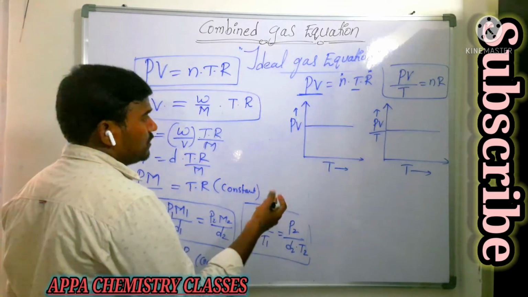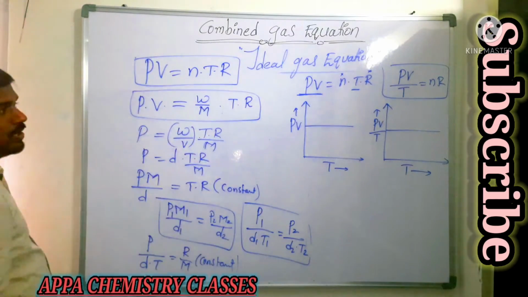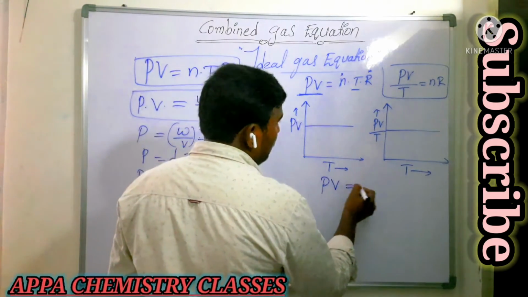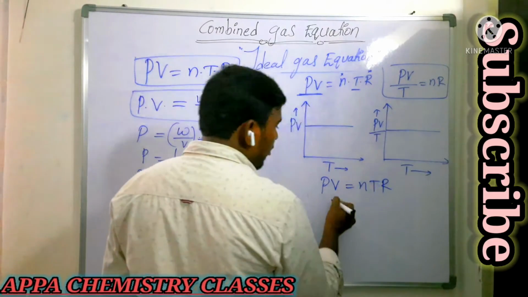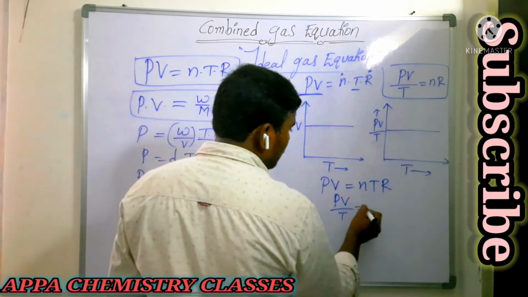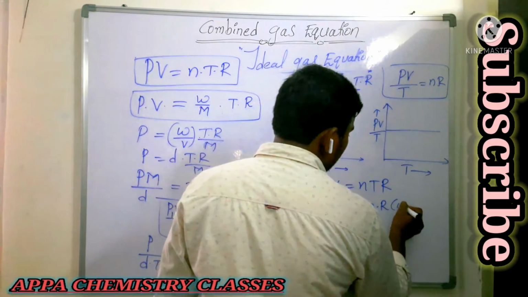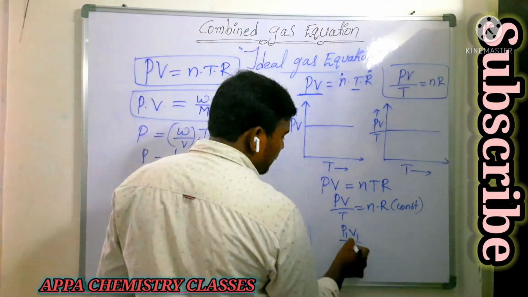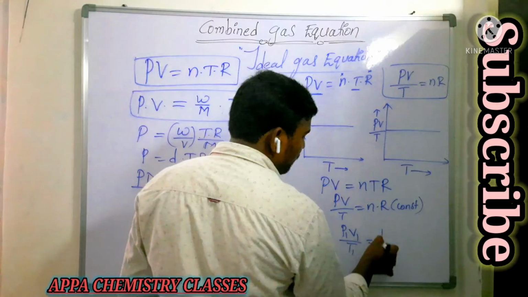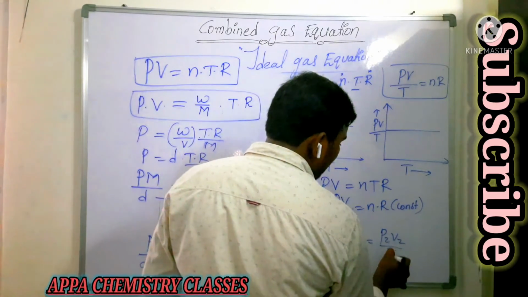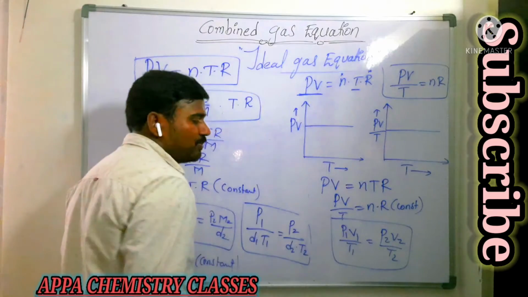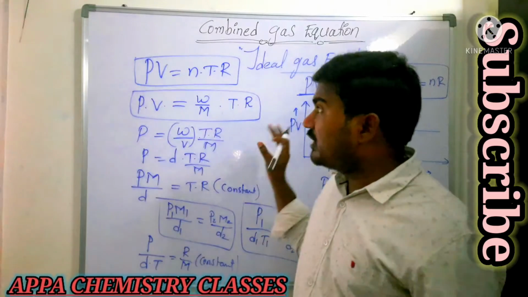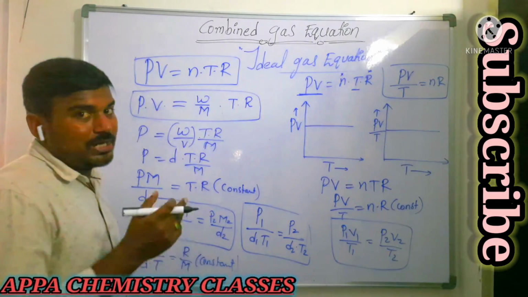From this equation you can get all these different formulas. From the ideal gas equation you get one more equation, PV is equal to nRT. So from this, PV by T is equal to nR. That is n into R, that is constant. So for the first gas, P1 V1 by T1 is equal to, for the second gas, P2 V2 by T2. Both are constant, so both will be equal. P1 V1 by T1 is equal to P2 V2 by T2. So these are the different formulas for problems related to the ideal gas equation.